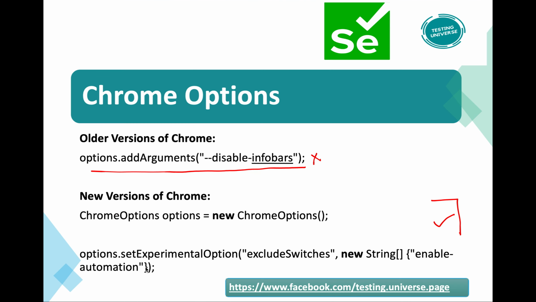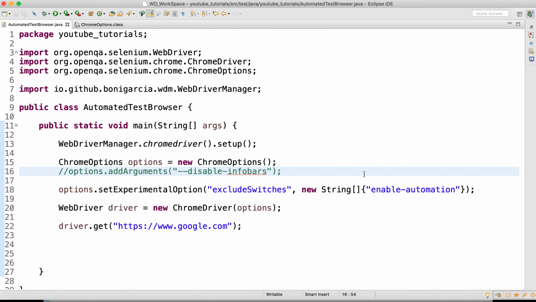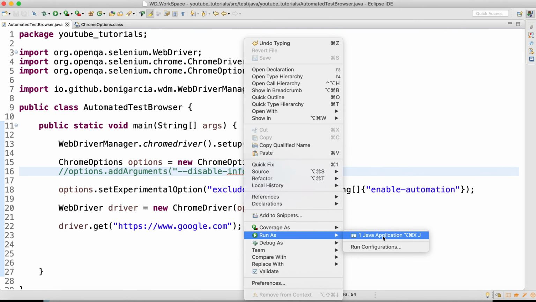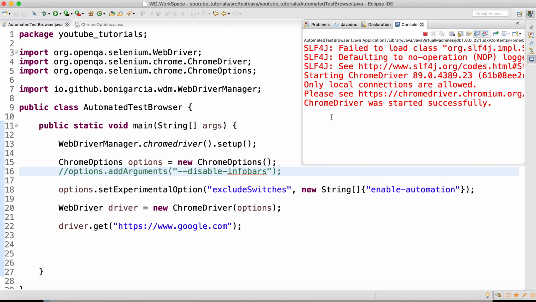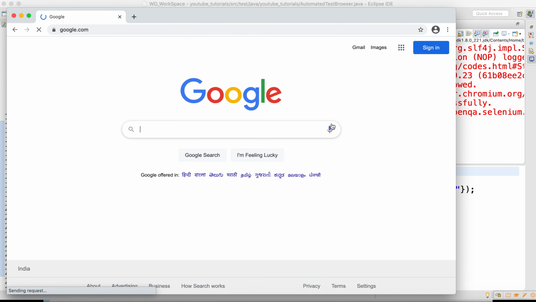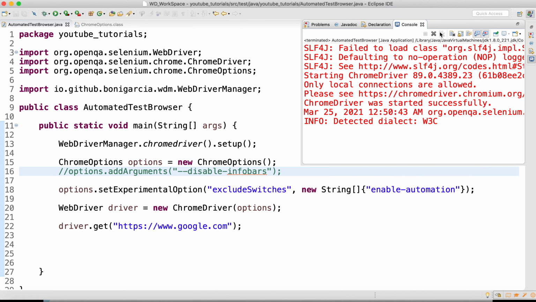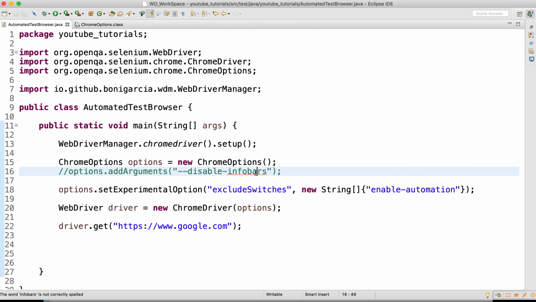You can see the syntax here: excludeSwitches, new String, enable-automation. Let's run this and see whether this will disable our notification or not. You can see now that particular notification has been disabled. So it's a very simple thing. You might ask, is it mandatory to disable this in all the automation scripts we are going to write?